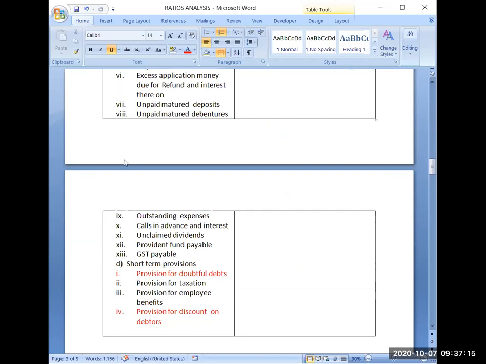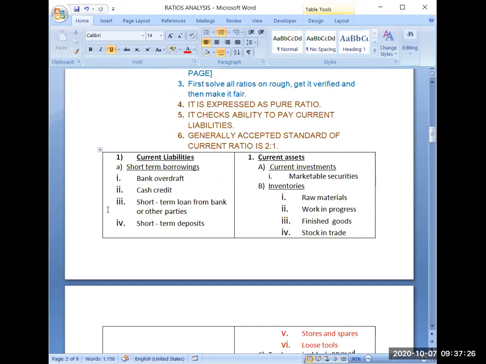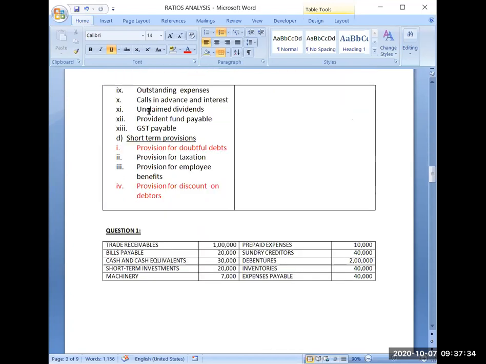So whatever information is given for them, these all will be added in the value of current liabilities. You will find at this point this formula becomes lengthy and difficult to remember. But if you have learned and practiced the first chapter, then it will be very easy for you. Then the short-term provision part: if the question is giving you short-term provisions, you will be adding it in current liabilities.